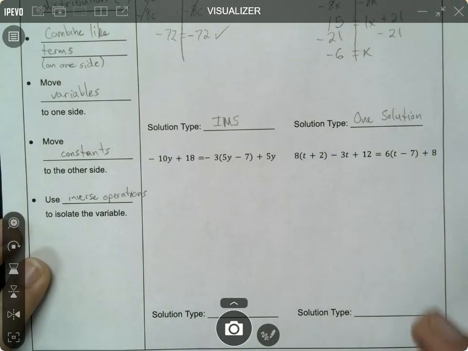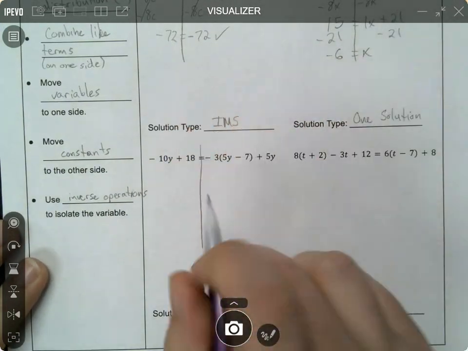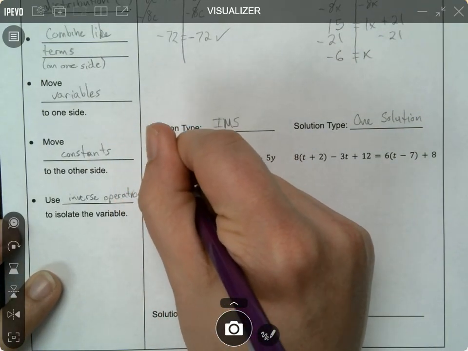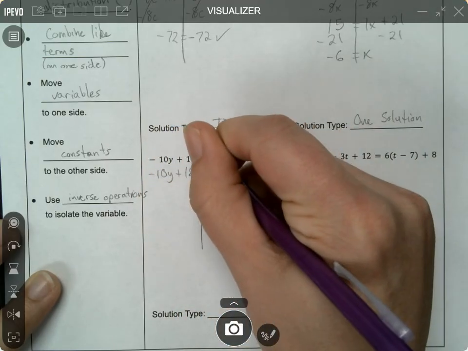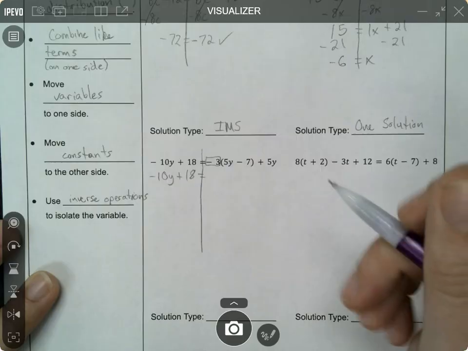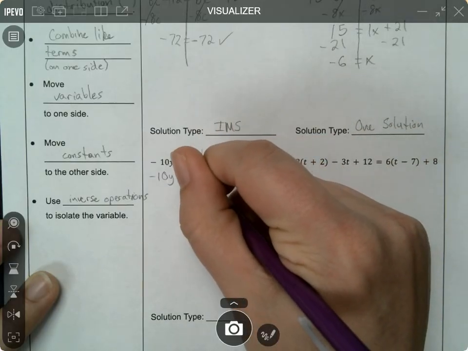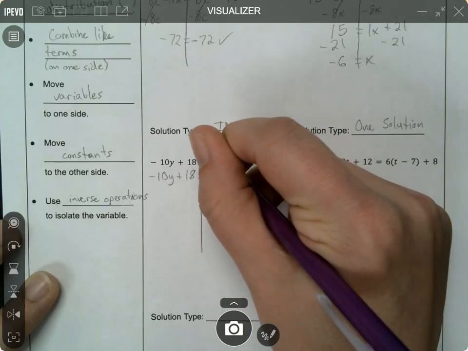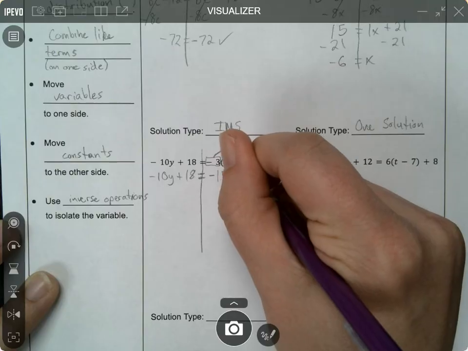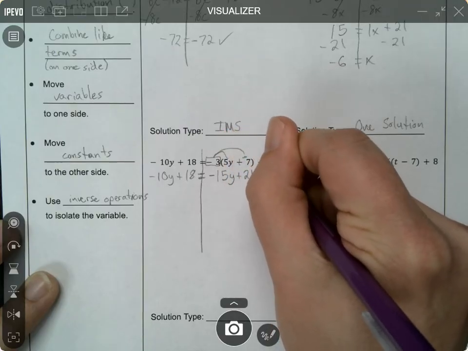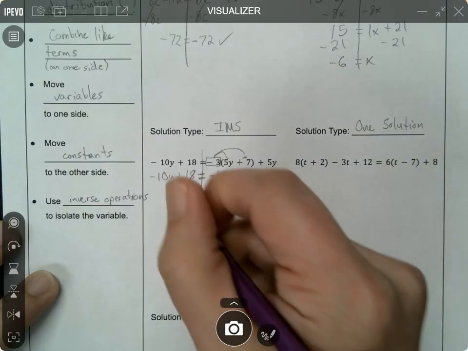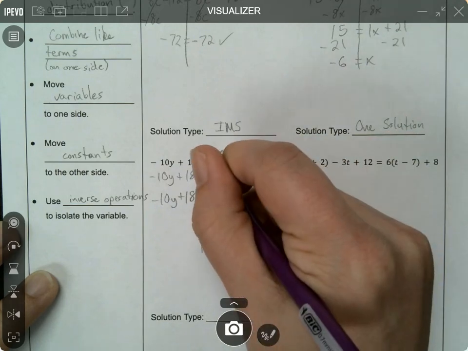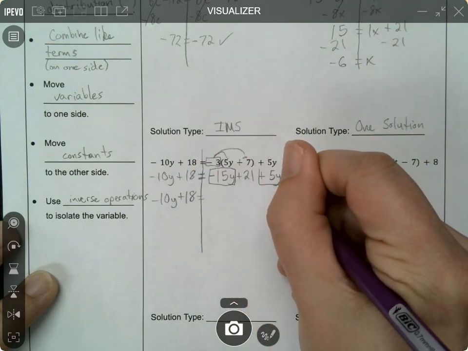Next question. Negative 10y plus 18 is nothing. It's just going to stay. This is a negative 3. Don't forget that negative out in front. Negative 3 times 5 is a negative 15y. This is really a negative 7, so negative 3 times negative 7 is plus 21 plus the 5y. Still can't do anything on the left side, so just bring everything down. Negative 15y plus 5y